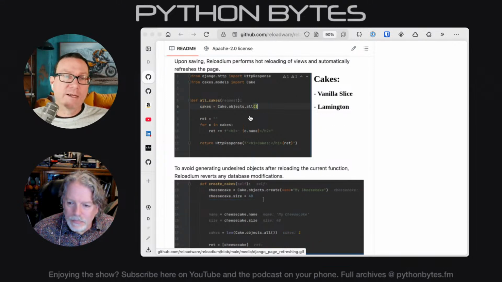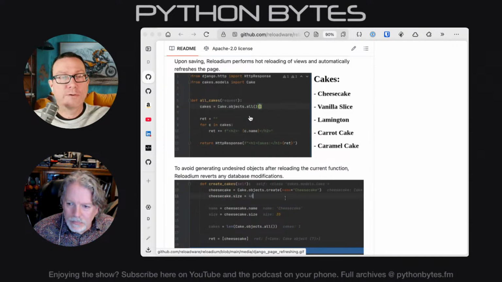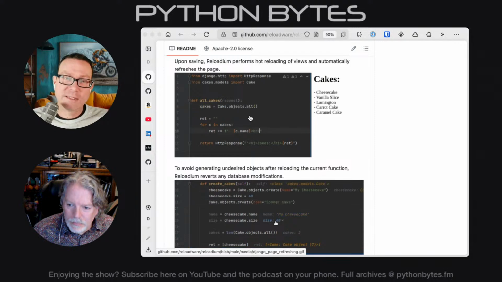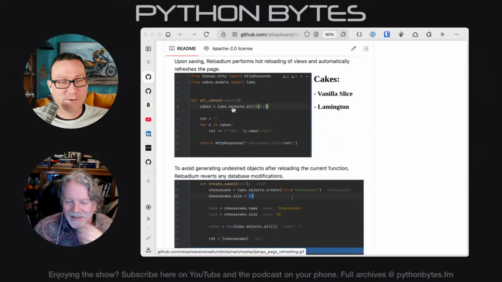Like as you type, not just as you type HTML, but as you type Python. So the example they have here is they're doing a query for all objects, and then they slice it to do a limit, paging, limiting type of business. And as they change the numbers in the slice in Python, the web browser is automatically updating the results without them touching it. That's pretty cool. Yeah, it's pretty cool, right?